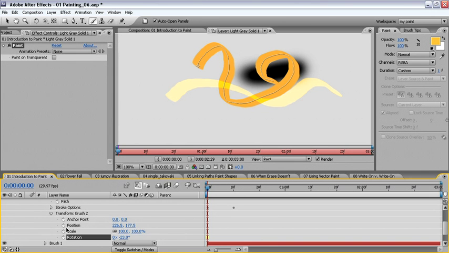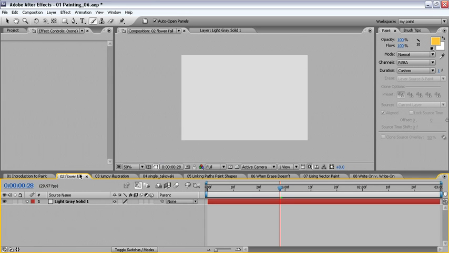Next, we'll go to the composition named number 2, Flower Fall. This is simply a blank canvas for us to paint on with only a light gray solid in our composition. We know that we can paint on it by using the brush tool or using Control B, Command B on the Mac. Now, if you're already on the brush tool and use Control B or Command B again, it'll take